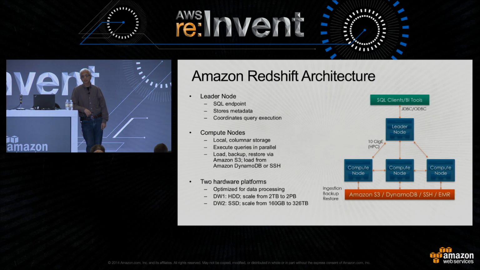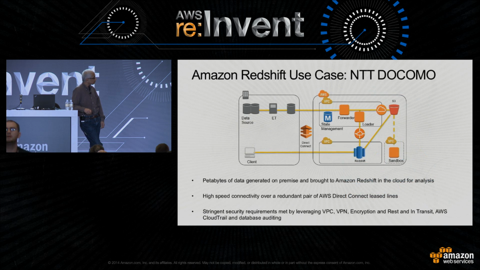There's also a newer instance that is based on SSDs, which starts out at 25 cents an hour in on-demand pricing, and starts out with 160 gigs, and you can take it all the way up to 256 terabytes of space with 100 nodes. And here's an example of NTT, which is one of our customers that uses it. This is the one that Andy mentioned in the keynote as someone that uses our data warehouse as a 4 petabyte in the cloud data warehouse. And in their case, the data actually starts out on premise, and they have a number of simultaneous direct connects.